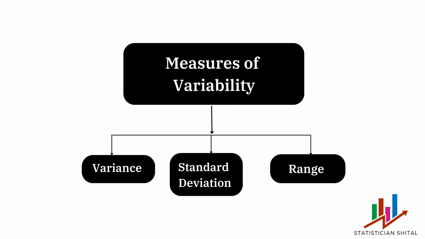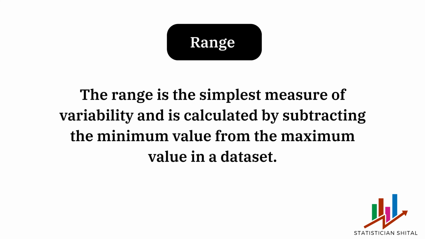Second type is measures of variability. Measures of variability are used to identify the spread of a set of data. There are three measures of variability: range, variance, and standard deviation. Range is the simplest measure of variability and is calculated by subtracting the minimum value from the maximum value in a dataset. It is a good measure to use when the data set is relatively small and there is no